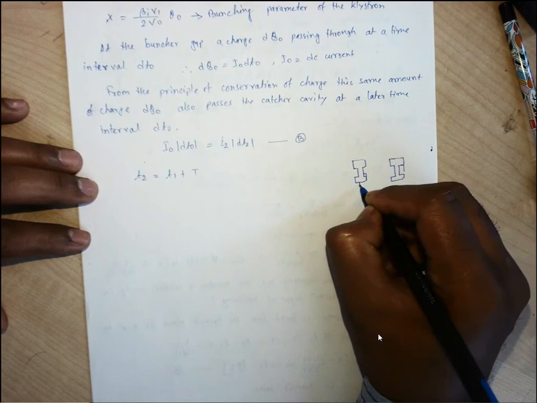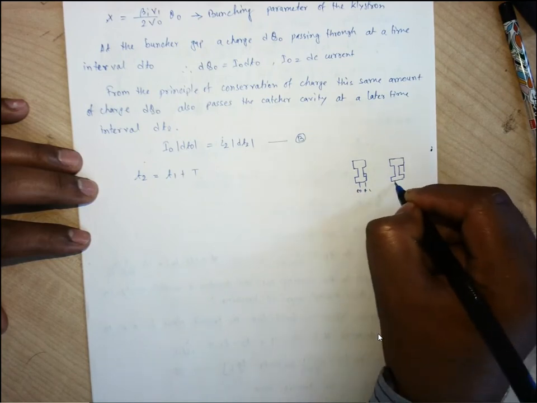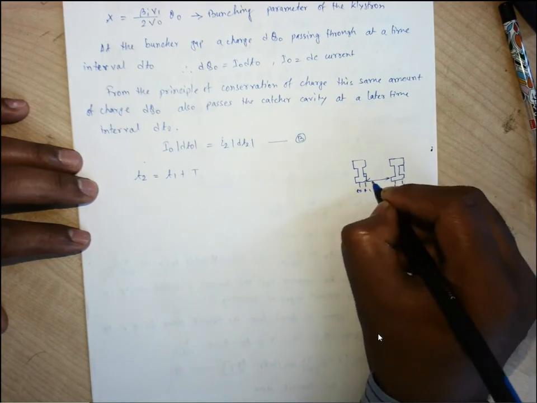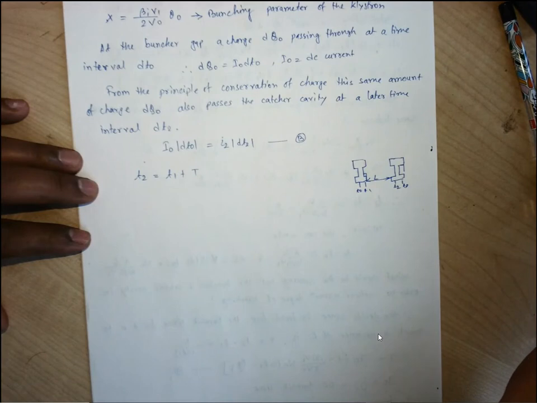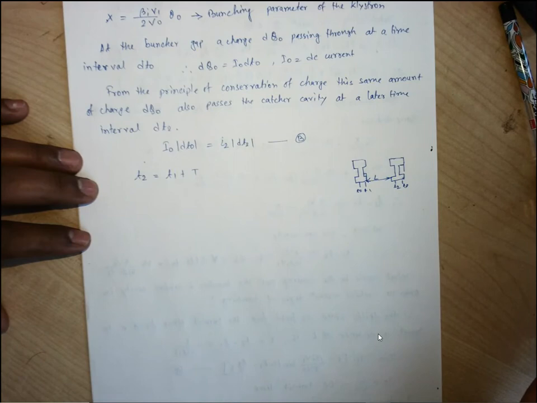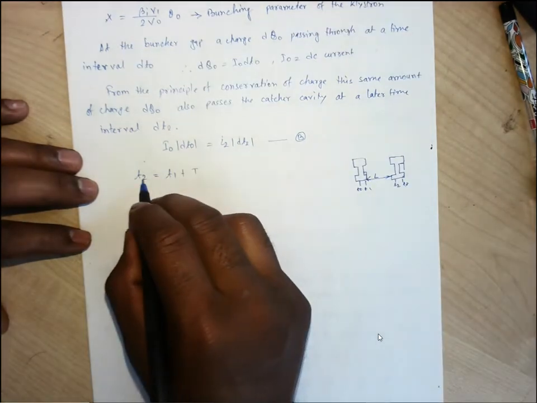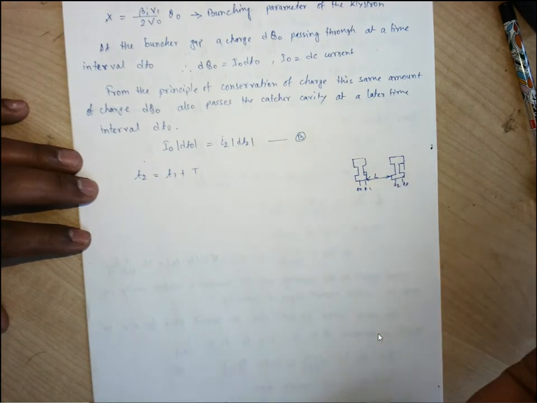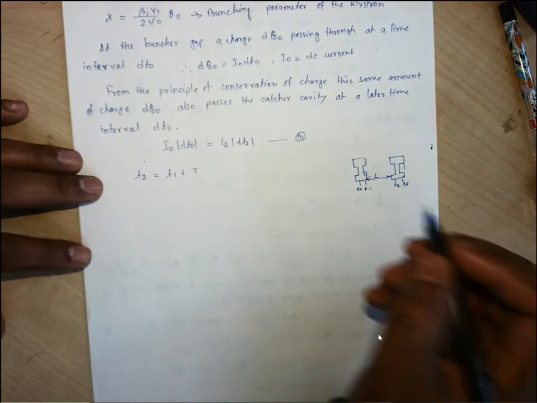So this is the time t naught, this is t1, this is your t2, this is your t3. So this is the drift space L. So the time period for traveling this distance L is t2 minus t1. So t1 is the exit time from that Buncher cavity, T2 is the entry point, the time when they have entered into the catcher cavity. So this T2, the time when they enter into the catcher cavity, is T1 plus T. So that can be written as